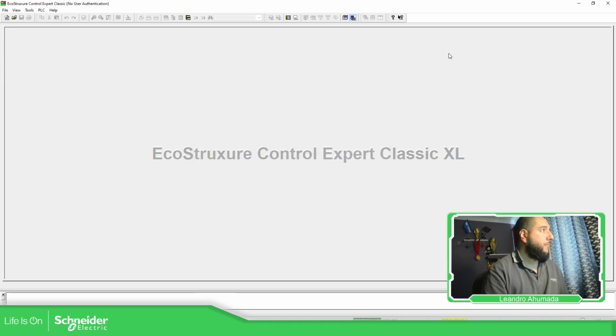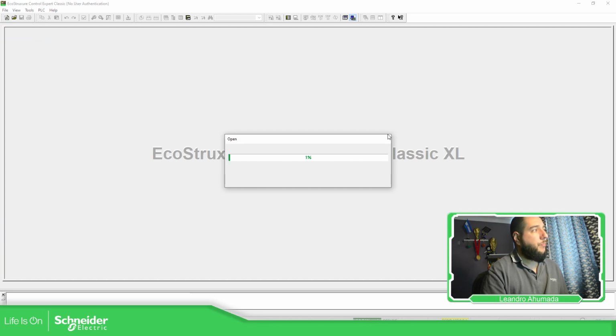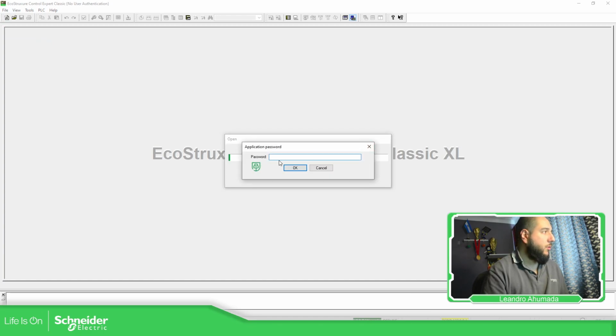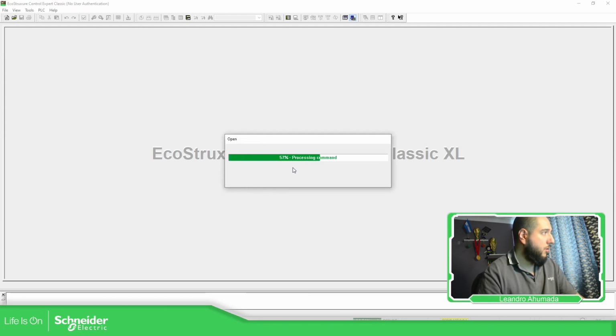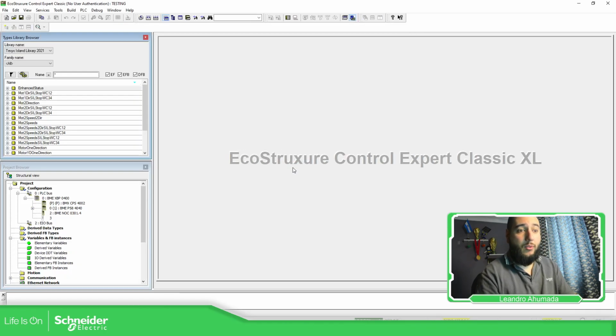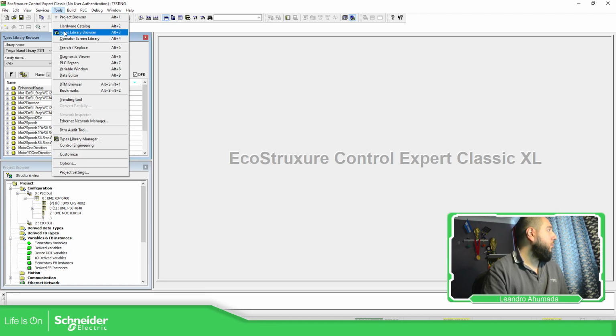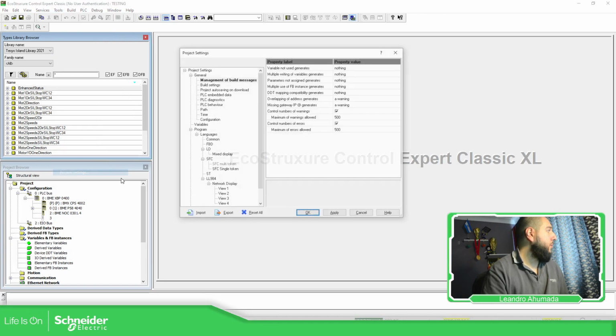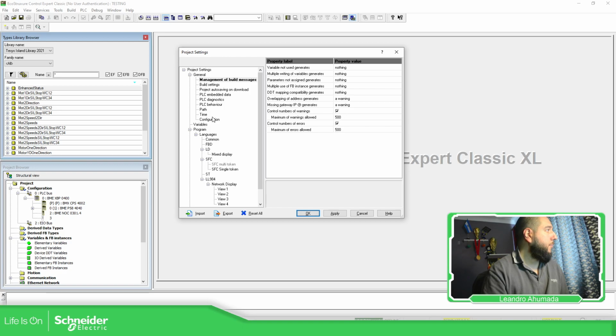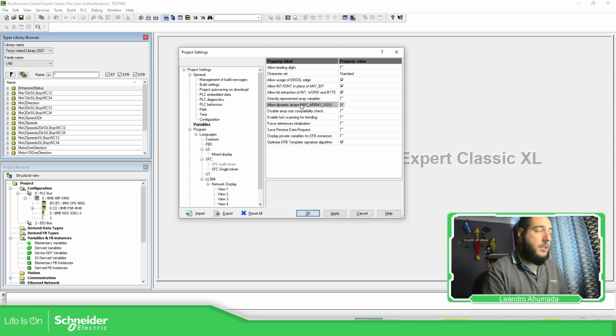Okay. Now, this is not enough. When we work with this library, there are a few things that we need to check in the project. So if we go to Tools, Project Settings, here on the variables, we just need to allow dynamic arrays.